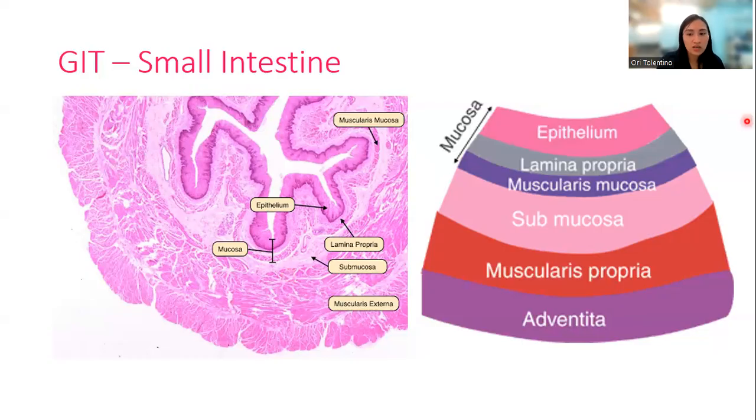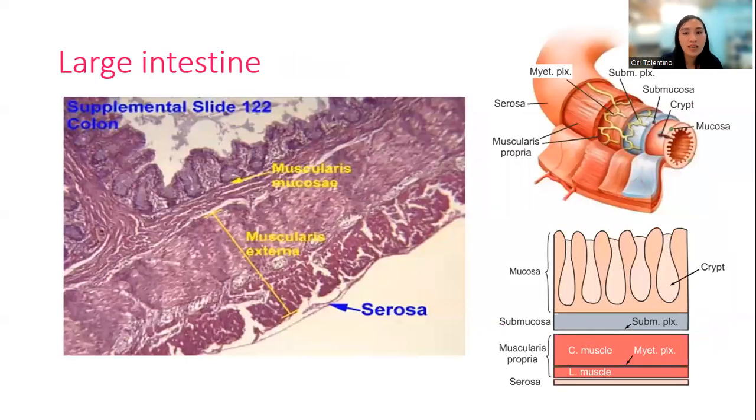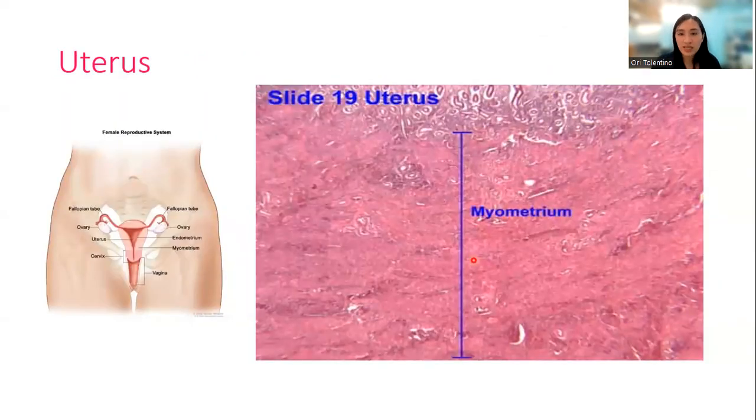Okay, so this image shows a cross-section of your small intestine. Similarly, your large intestine has four layers, with the majority of the smooth muscle, again, found in the muscularis propria. There is also a thin layer of smooth muscle cells in the muscularis mucosae, part of your mucosa, but the majority is in the muscularis propria, where it is oriented in different directions: inner longitudinal and outer circular.